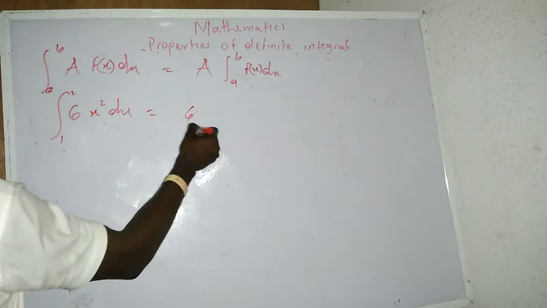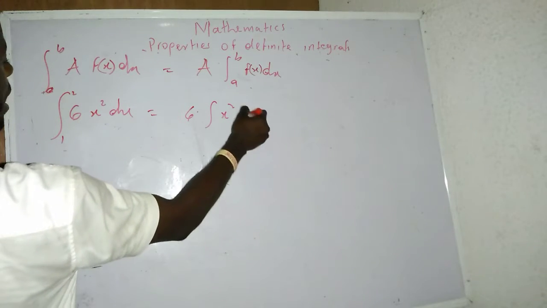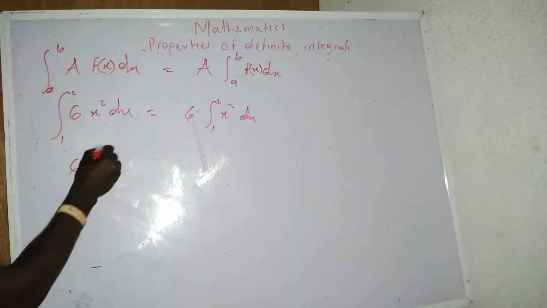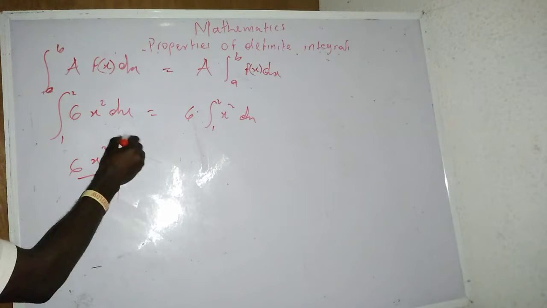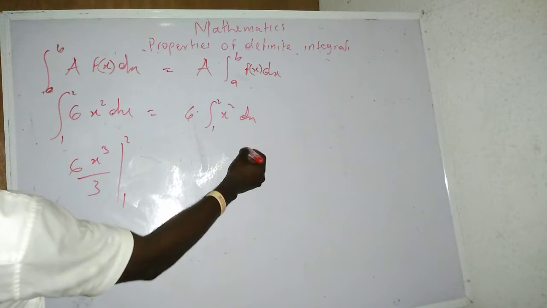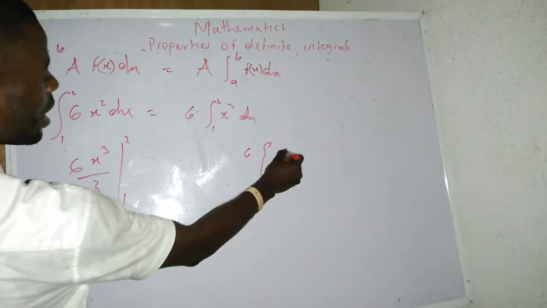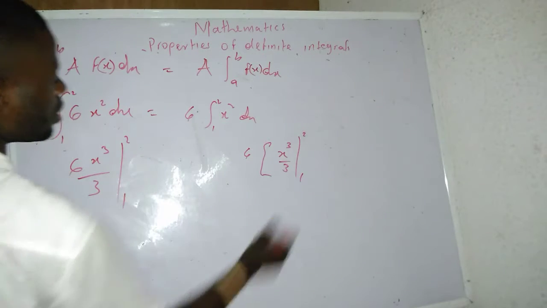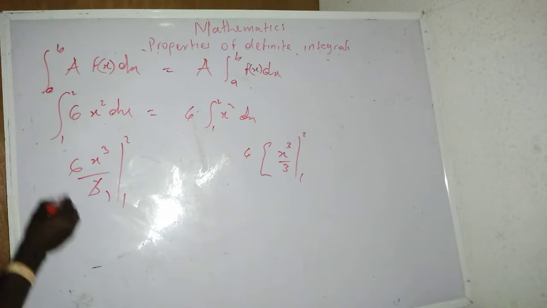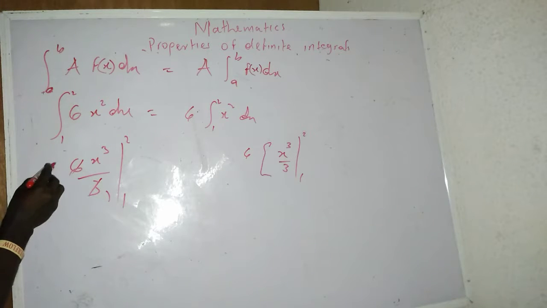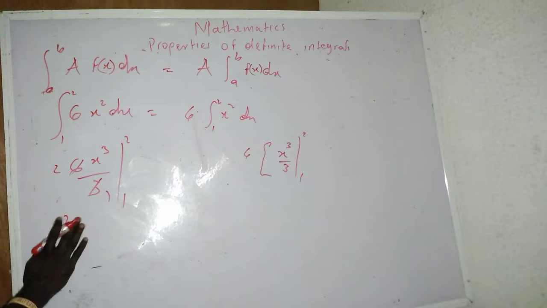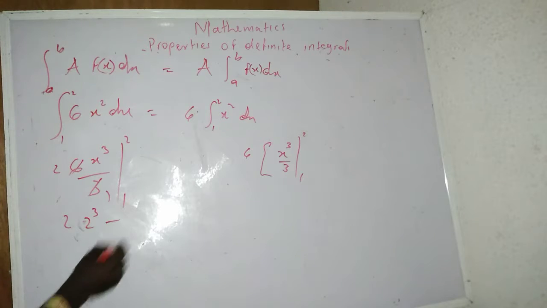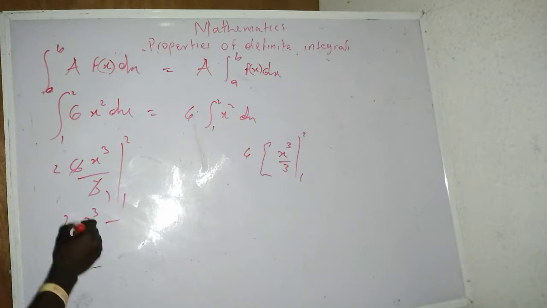If I should have this, I can see x squared, from 1 to 2. If I should do the same, I will have 6x to power 3 divided by 3, from 2 to 1, and the other side will be what? 6 bracket of x to power 3 all over 3, from 2 to 1. Now, I will have the same thing. Here 1, here 2. Now, 2 into bracket of 2 raised to power 3 minus